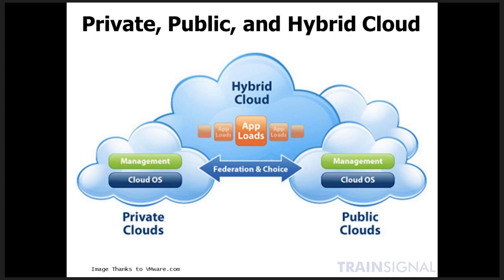And then you could connect these two together. You could connect the private cloud to the public cloud. And that's what they call a hybrid cloud. So I mentioned that VPN tunnel that I could use to connect my private infrastructure to the public cloud. That's going to create a hybrid cloud for me. So again, just some basic terms you need to know when it comes to infrastructure cloud computing.